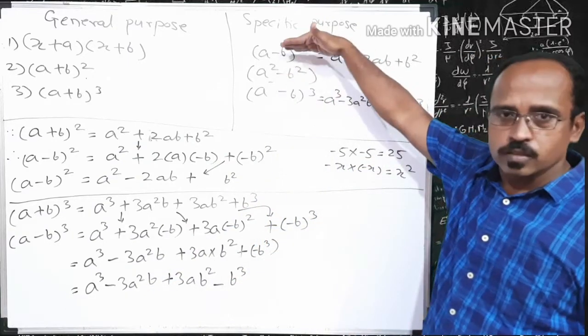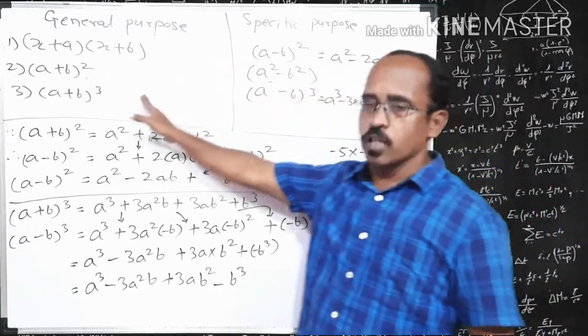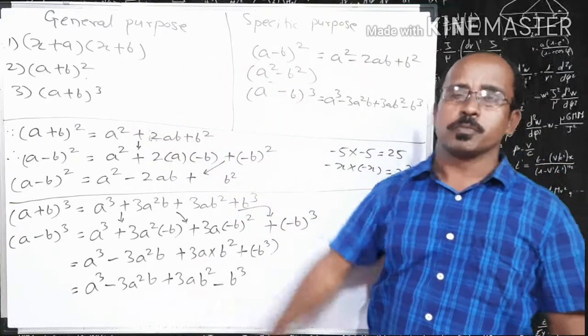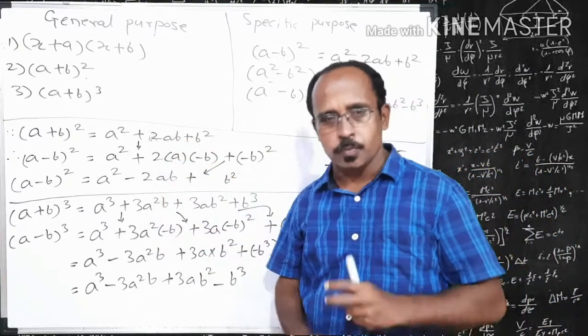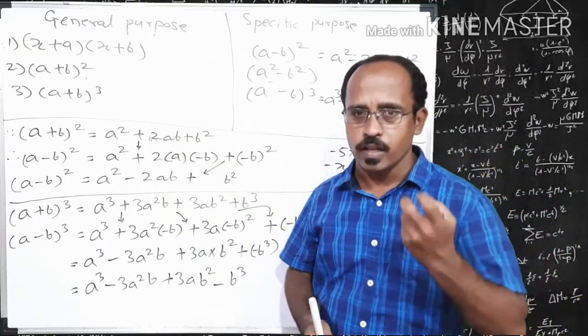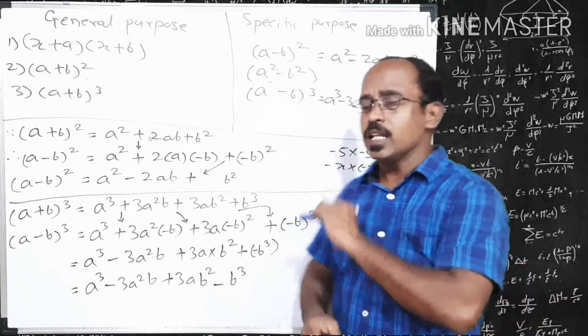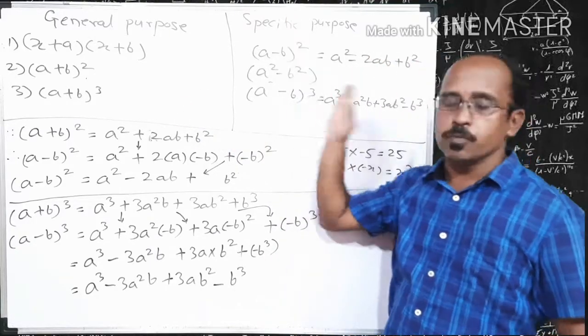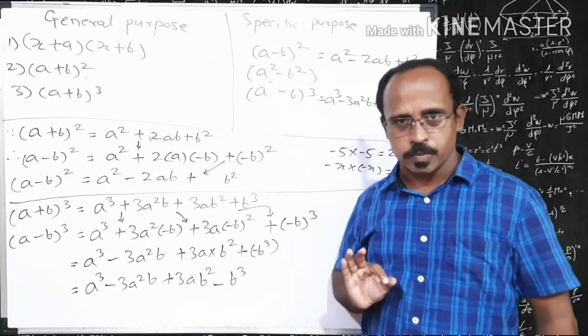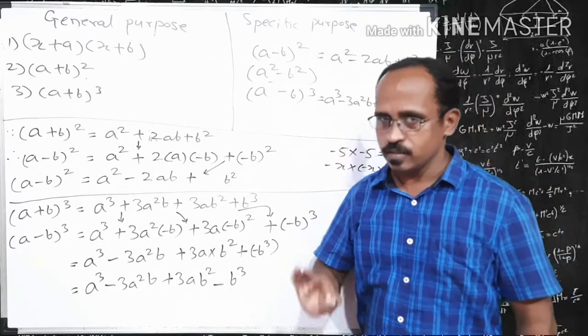All of these formulas were possible to use as general purpose, yet we used them as specific purpose, right? So if all this is possible, and we have to remember very few formulas, why are we remembering all such formulas and why are we using these formulas as specific purpose? The answer is,